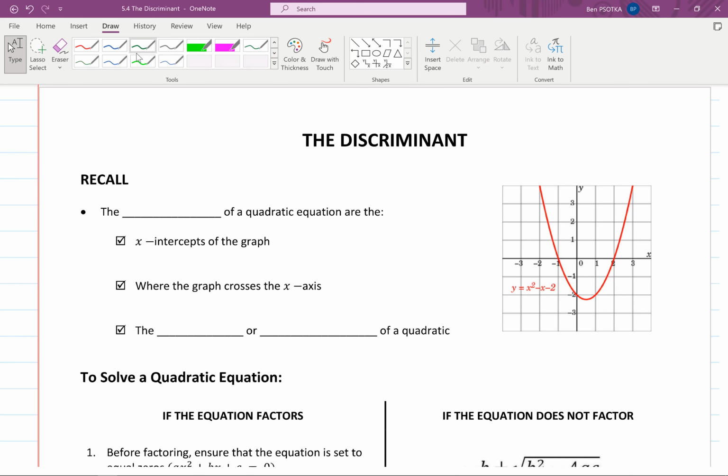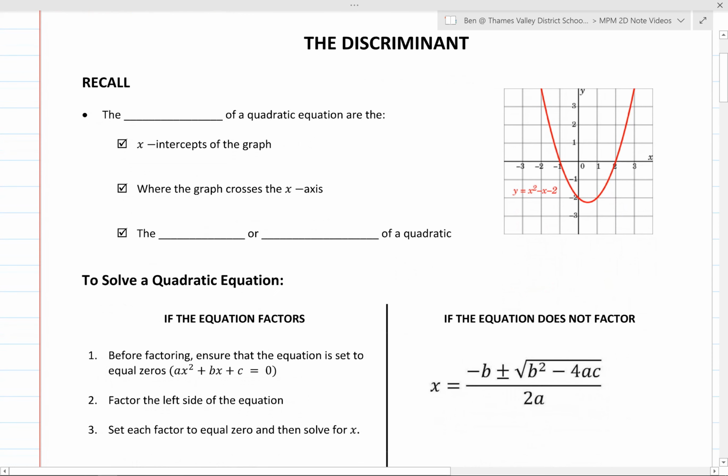Now the discriminant, we'll see it's a part of our quadratic formula. Now let's just recall here the solutions of a quadratic equation. They're the x-intercepts of the graph. They are where the graph crosses the x-axis, so here and here in this particular case, and they're also known as the roots or the zeros